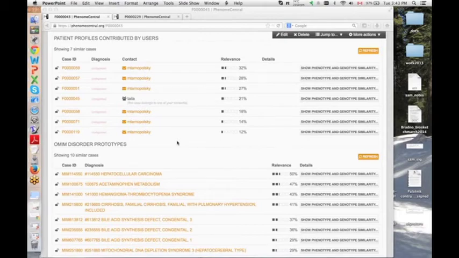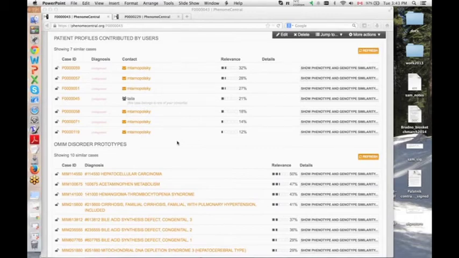Yep, so again, there is a project going on right now called the Matchmaker Exchange, which includes Phenome Central, the Decipher database, and Gene Matcher, which is a database developed between Harvard and Hopkins, and all of which store some number of rare disorder patients and their genetic data and some phenotypic data.